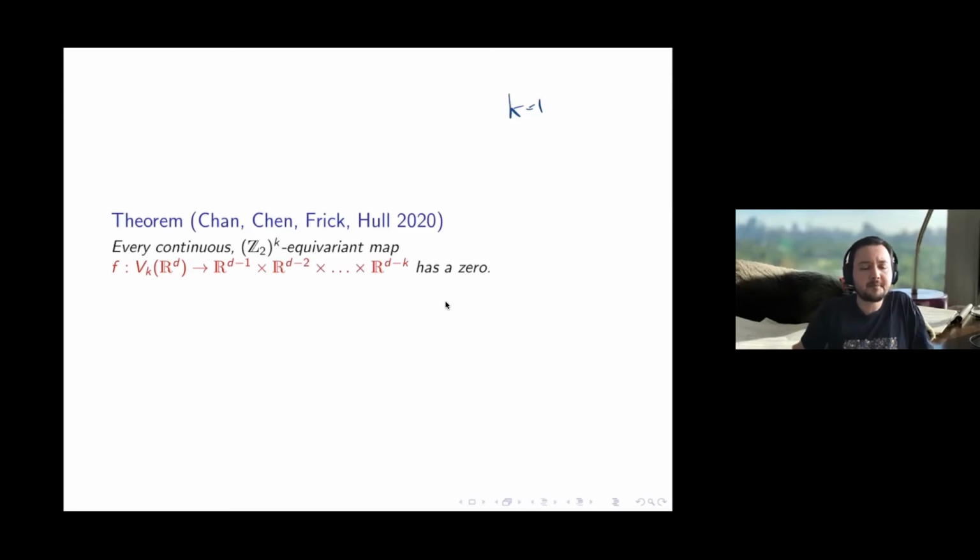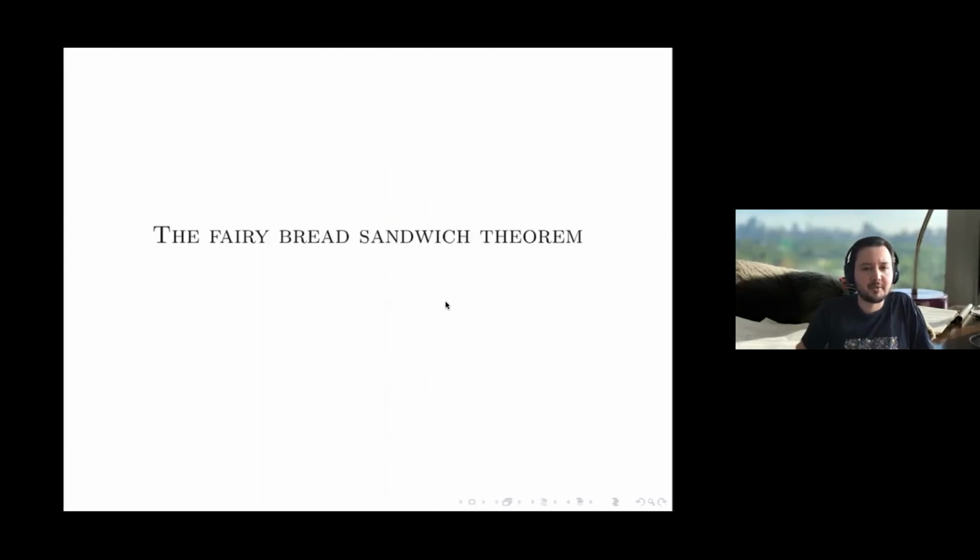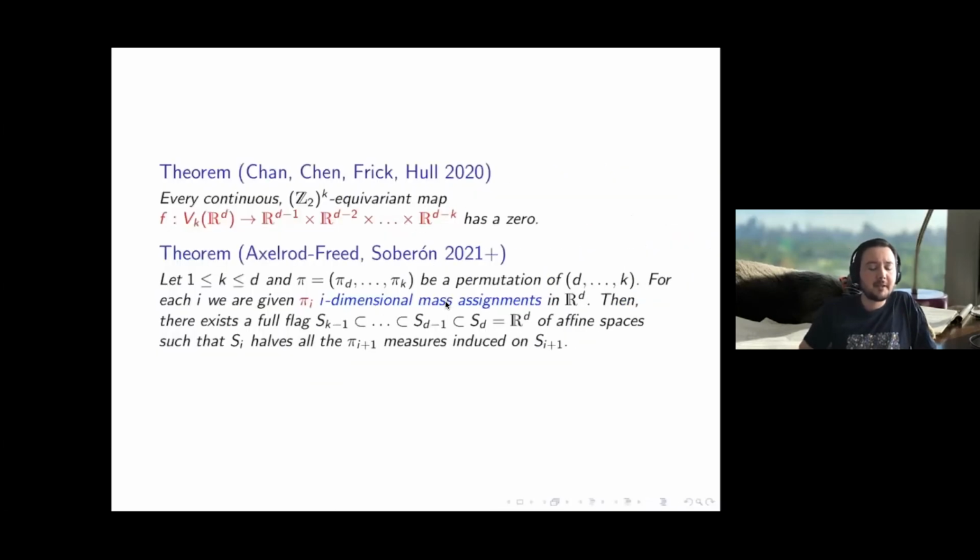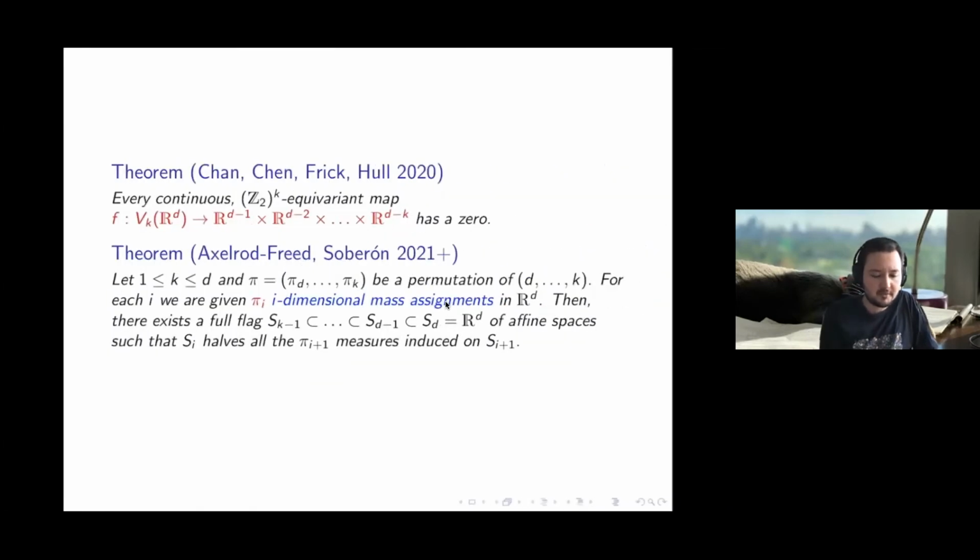Okay, so how do we use this topological version of Borsuk? Let's go back to the fairy bread sandwich. The theorem was this, right? If I give you a permutation of the numbers from D to K, and I tell you you have this many i-dimensional mass assignments for each i, then you can find a full flag where each S_i has all the measures on the next